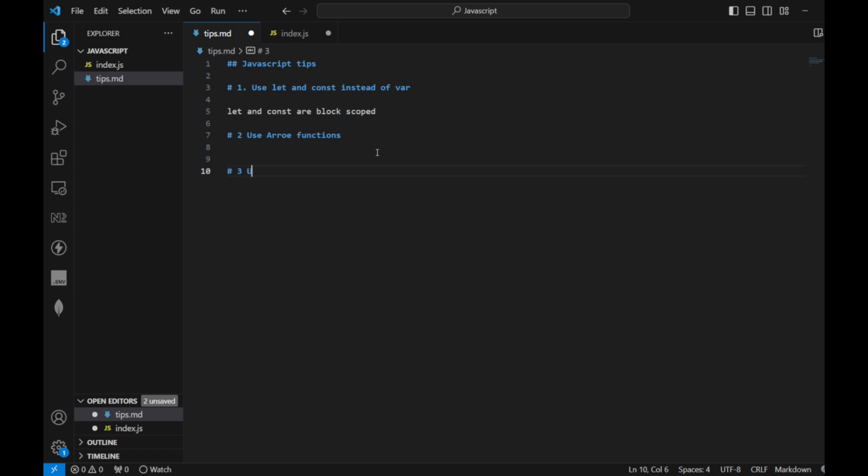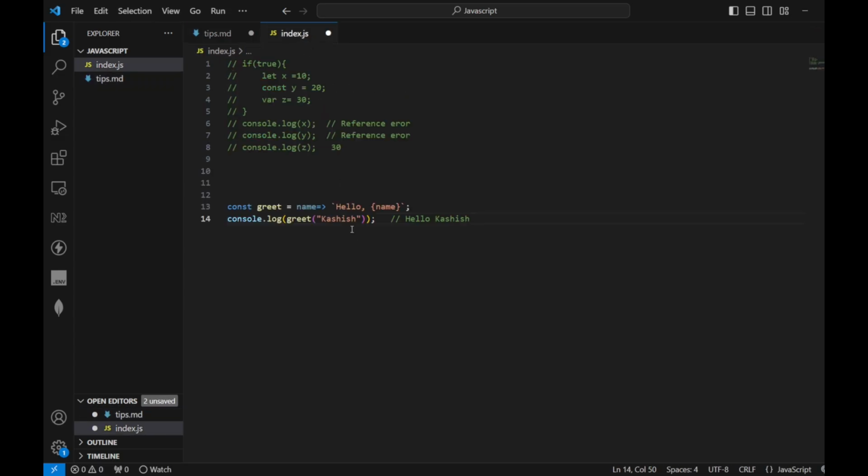we must use template literals to simplify string operations. In our previous example, this is the example of a template literal with name. Template literals allow us to embed variables and expressions inside the strings easily. Now in the next tip